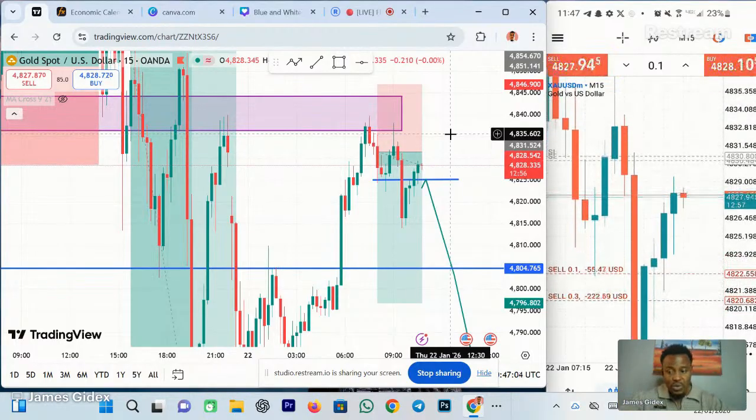Don't be anxious when you're taking a trade. Just be yourself and don't let the chat take away your joy. If you're not okay with the analysis, don't get into the market until you are satisfied with it. That's why I keep telling you guys to trade only high probability setups. If you're not sure of it, don't get in until you are sure.